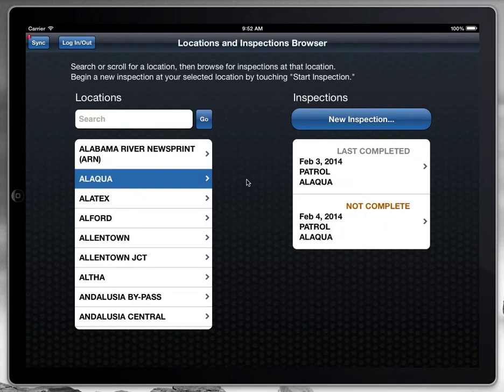Alaqua has two inspections. This one, marked Last Completed, is an archival report that cannot be edited. It is there for the inspector's reference. Every location hangs on to its most recently completed inspection just like this. The other inspection is the one that we have to finish. If we select it now,